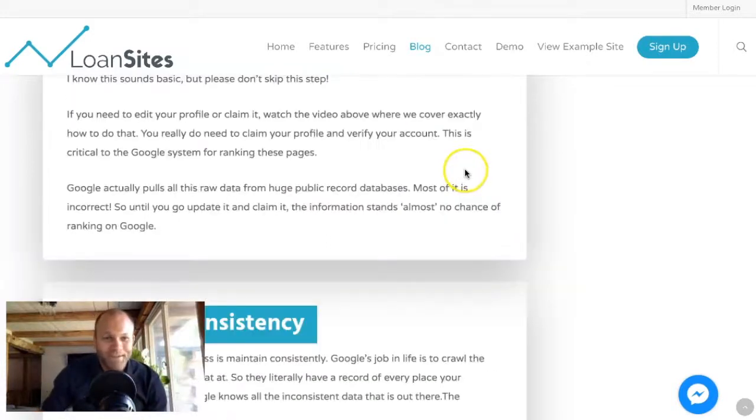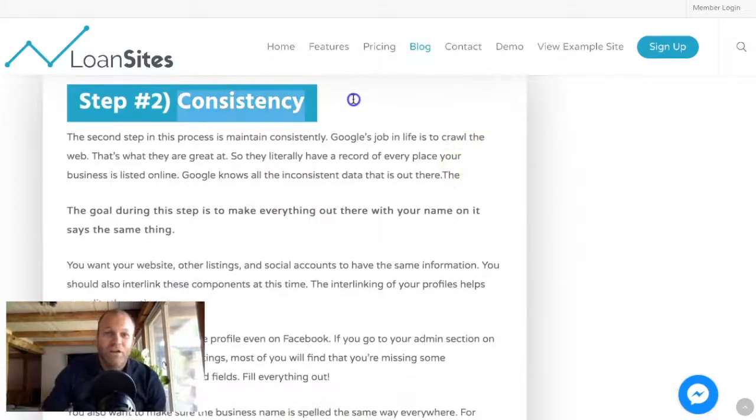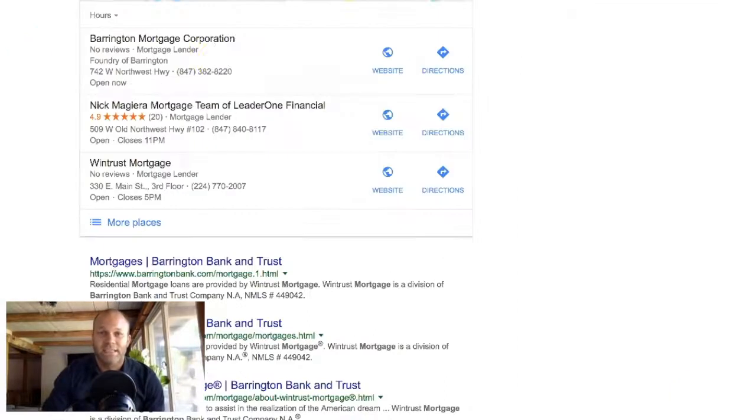All right, guys. Step number 2, make sure all your profiles are very consistent. For instance, let's see this address here, 509 West Old Northwest Highway. So highway, I abbreviated that to be HWY. Now, the actual